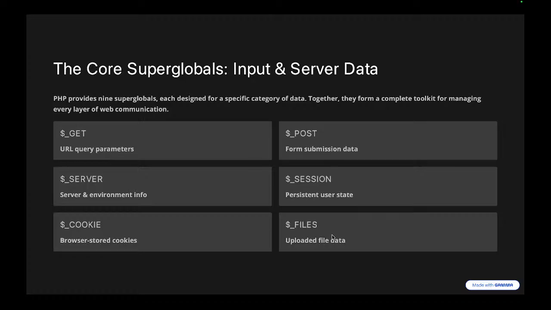So PHP provides 9 superglobals, each designed for a specific category of data, meaning each of them handles a different type of data. Together they form a complete toolkit for managing every layer of web communication, how the front end interacts with the back end. Now let's talk